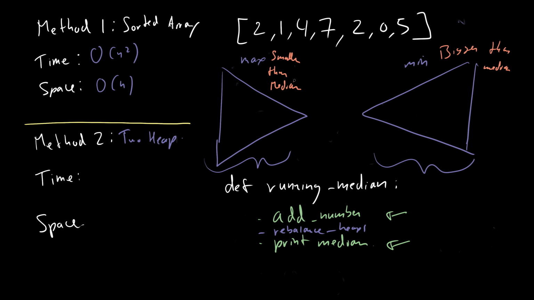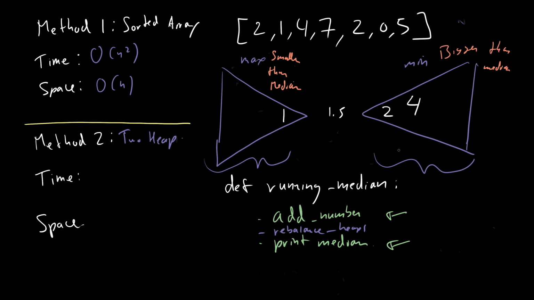Sorry for my penmanship. Okay, so how would that work? For 2, we're going to add 2, and we see that there's nothing in our heaps, so we just add it here. Boop. Right? And then 1, we're going to add it here. And now the median is 1.5, right? And then 4, we're going to add 4. Is that bigger or smaller than the median? It's bigger,